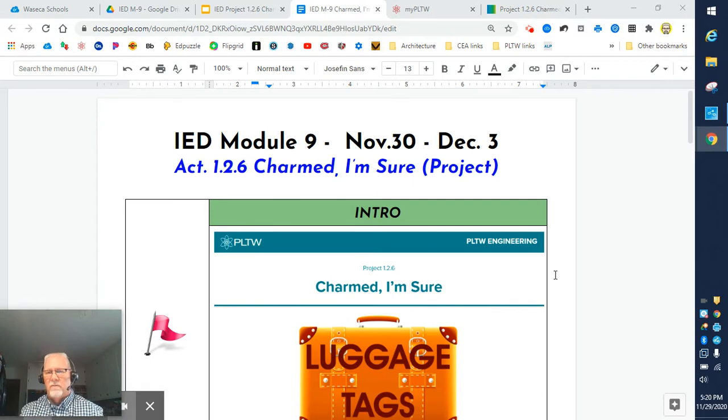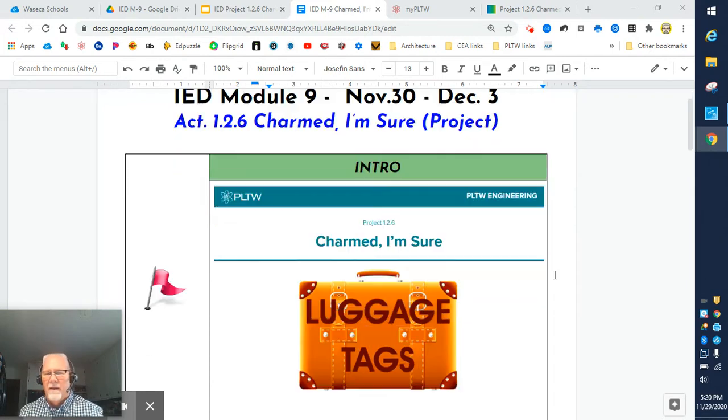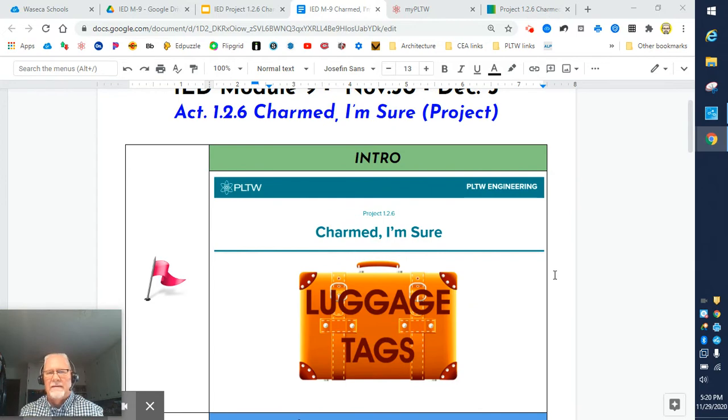So this project will be applying a number of things that we've been working on so far this year, from the design process to making some concept sketches to isometric sketches, as well as making a drawing in Inventor that will be completed with a multi-view drawing that's dimensioned. So it's called Charmed, I'm sure. And what that really comes down to is you're going to make a luggage tag or a backpack tag for